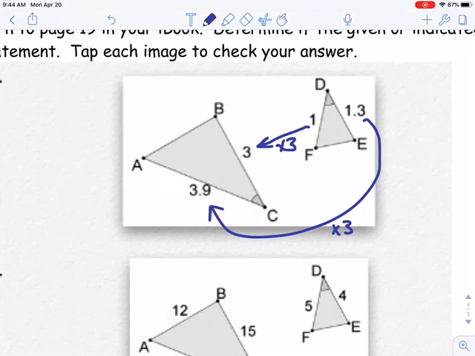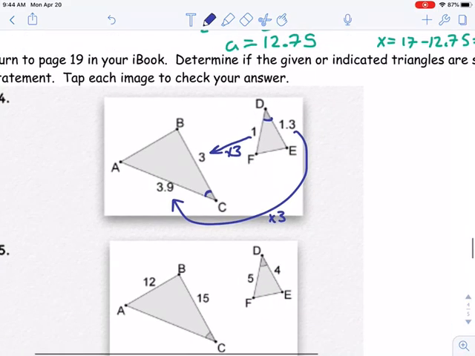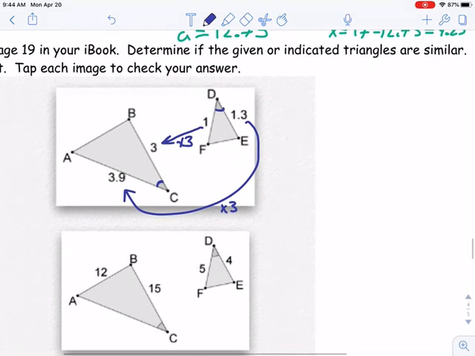So the scale factor is equal. Sides are proportional. And then we have an included angle. This angle is between both of them. So yes, triangle ABC is going to be similar to, let's see,